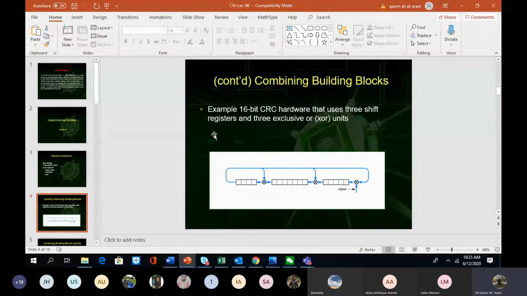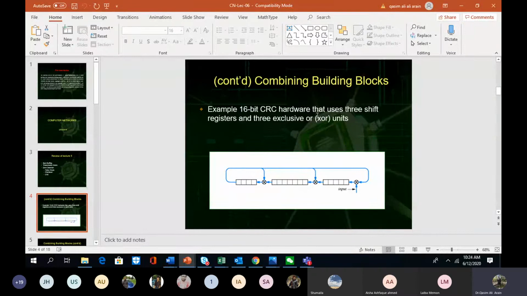Today we are going to extend our discussion regarding our CRC. Actually, I told you two things yesterday. One was, CRC hardware is going to be deployed at both ends, I mean, sender as well as at the receivers, right? So there are two things. One is called your exclusive OR, another one is called your shift register.